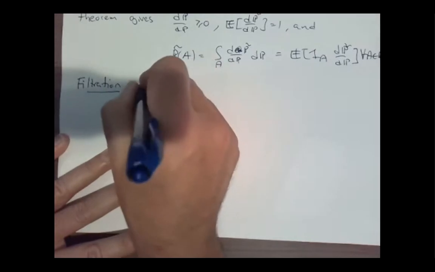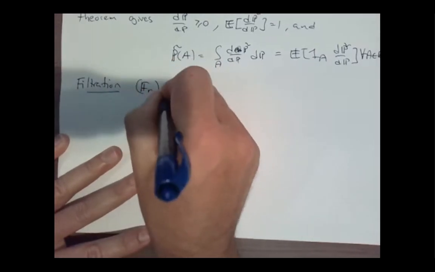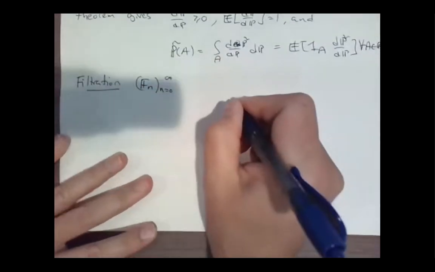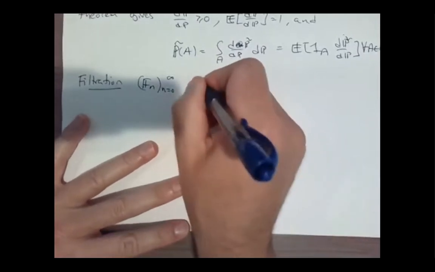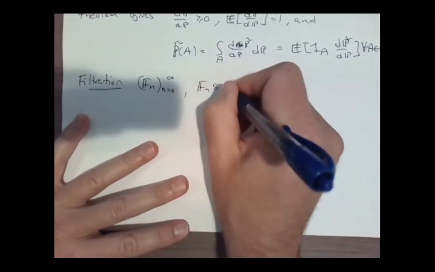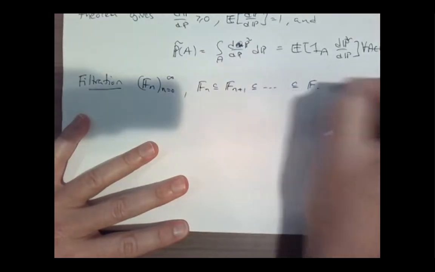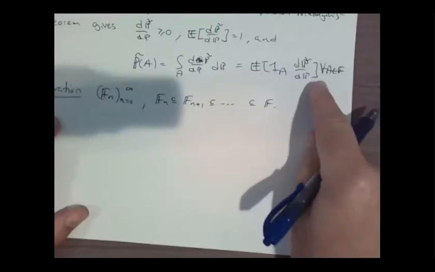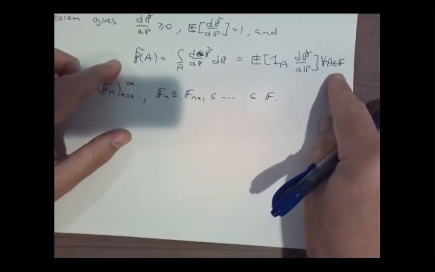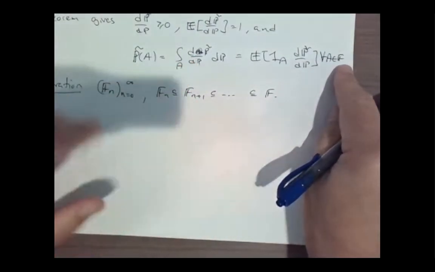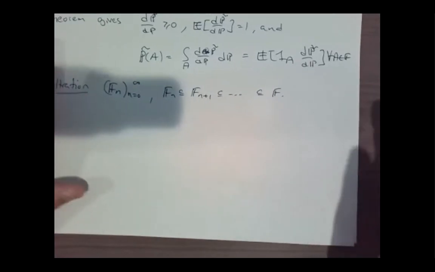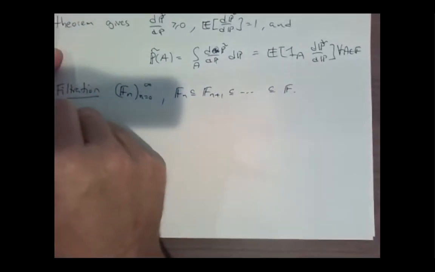We have our filtration F, and we have this filtration structure. So we have that Fn is inside Fn plus 1, and they are all inside F. So in particular, given I have the formula here for all sets in the big one, I will also have it for all sets in the smaller one. Right, so then recall